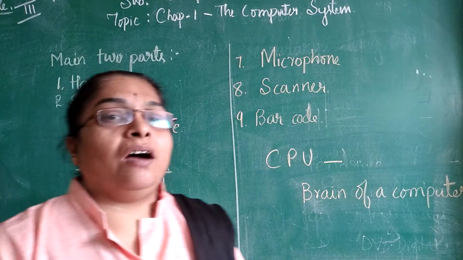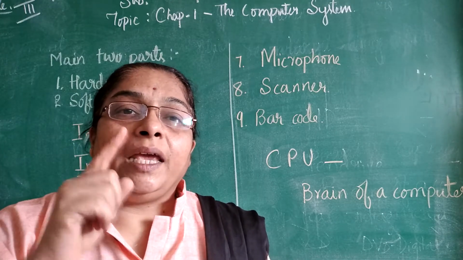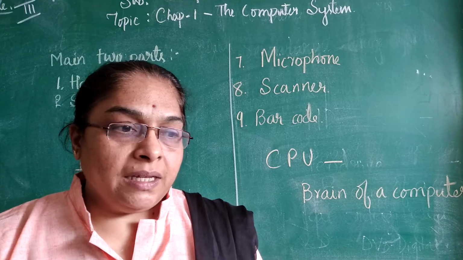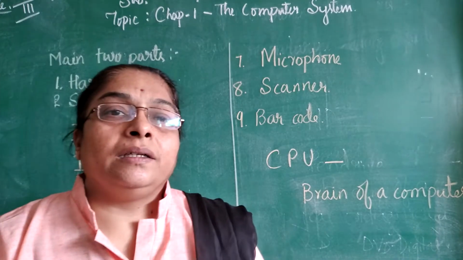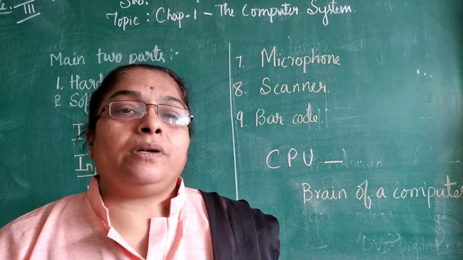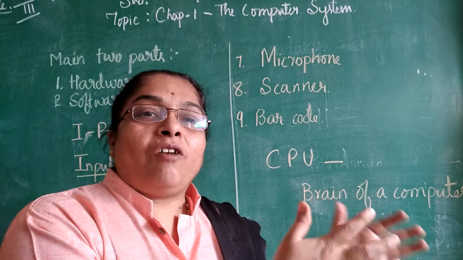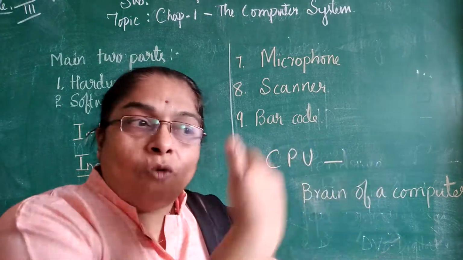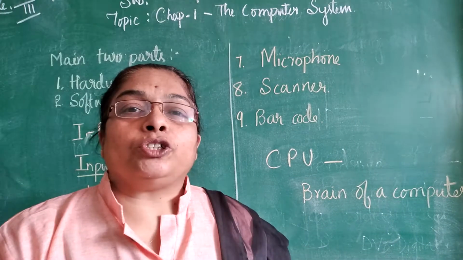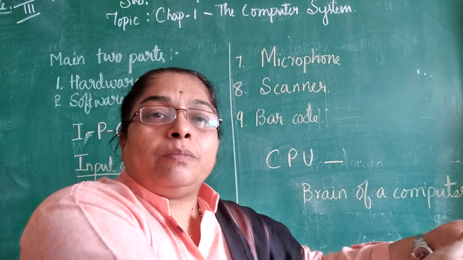Here, one thing we have to learn is IPO, that is the input process output cycle. What does it mean? For example, wet clothes are there, that is input. You put that into the washing machine, and it washes, that is the process. At the end you get the washed clothes. Right, children? That is input, process, output.